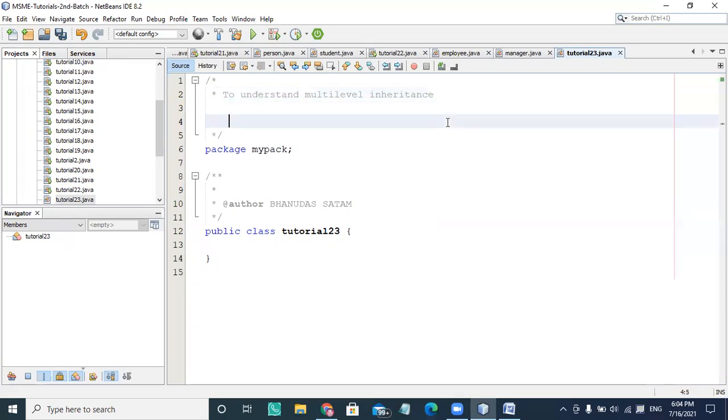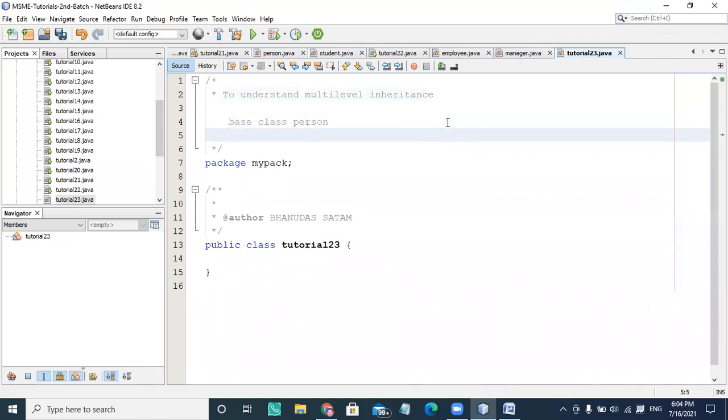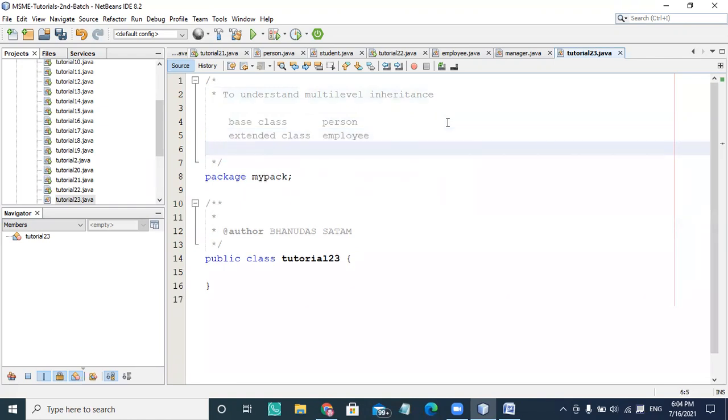There is a base class, and then an extended class employee, and then the extended class manager. Manager's superclass is employee, employee's superclass is person. So I'm going to write public static void main, and I'm creating an object of manager.